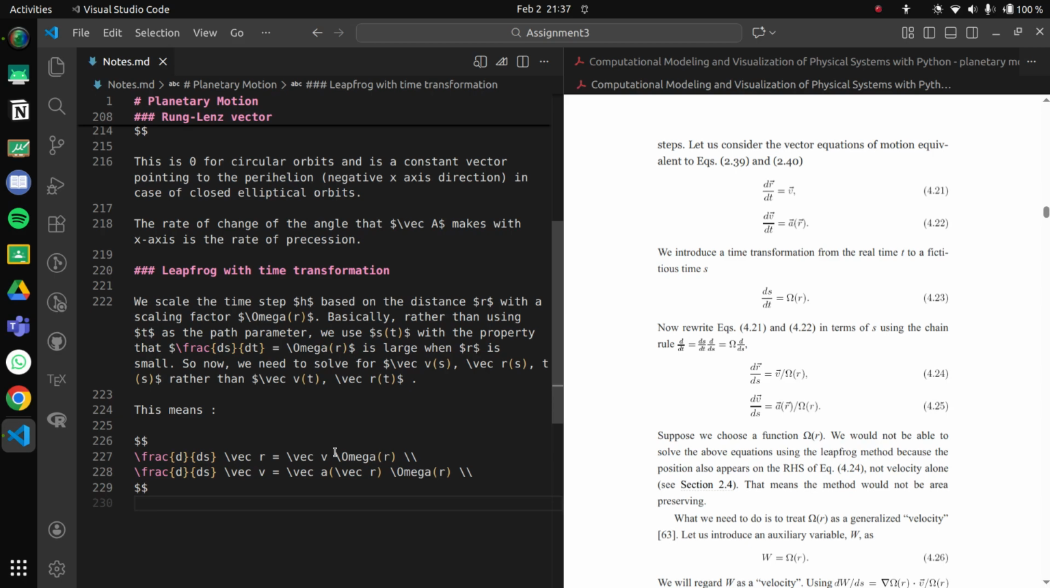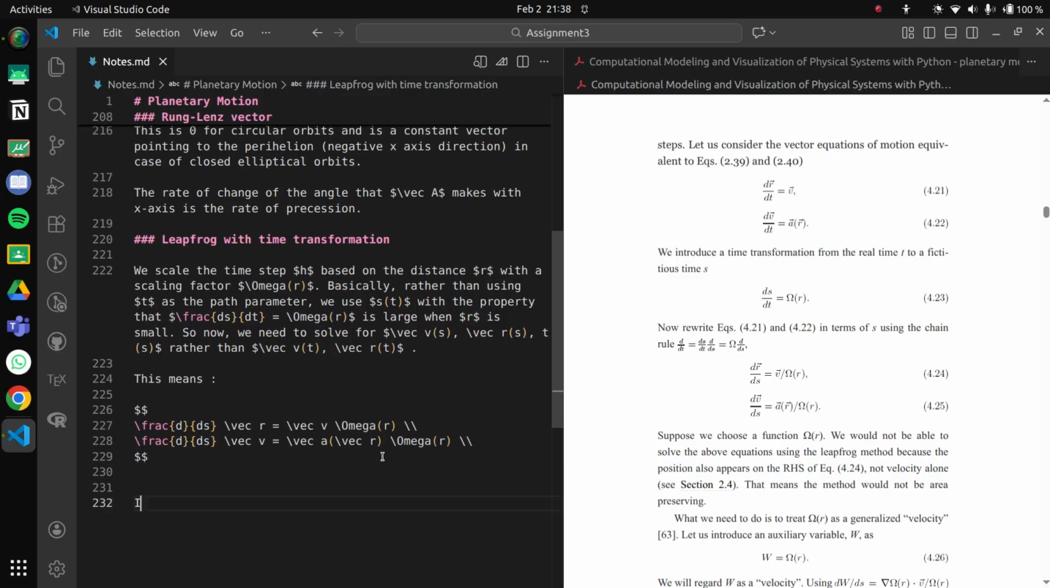Yeah, but in this case the problem is that once you update the position, your omega of r will change, and then we require the same time step for all of these updates, but then that won't happen. So we kind of want this omega r to be the same value, right? So in leapfrog,